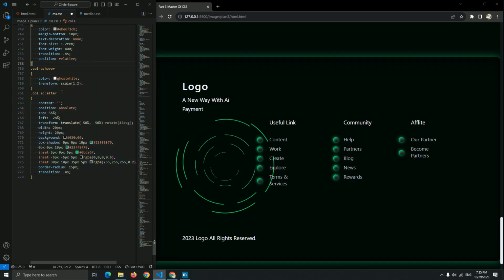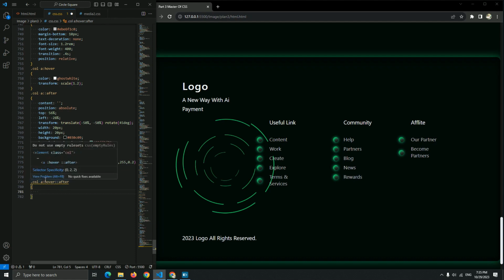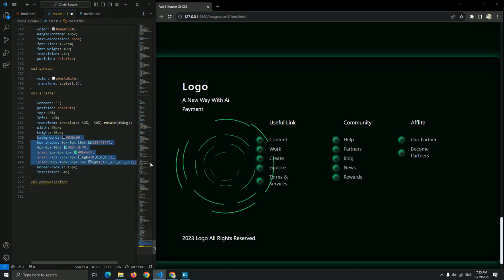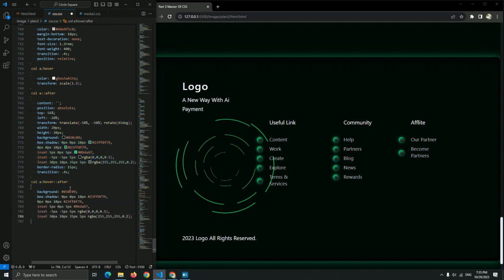Now for the column A after hover. Okay, for the hover of this, let me add a background with the box shadow to change it. For the background, let me copy this, paste it, and change the background to this color.